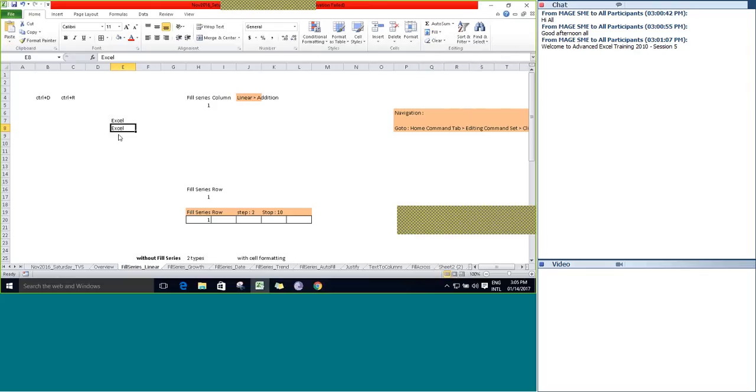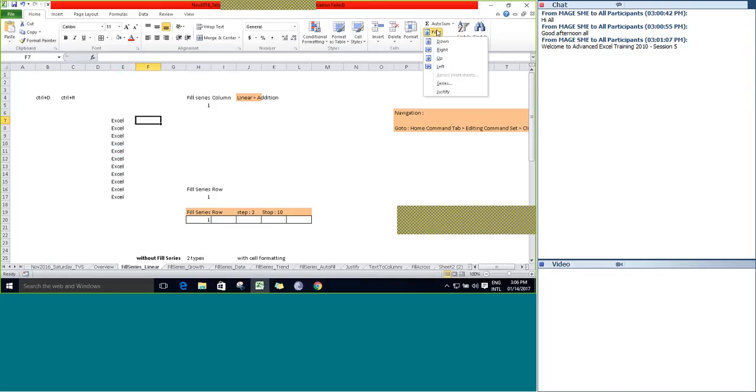For example, if I select a range, go to Fill and click on Down, that will create a copy towards the down till the end of the range that is selected by the user.